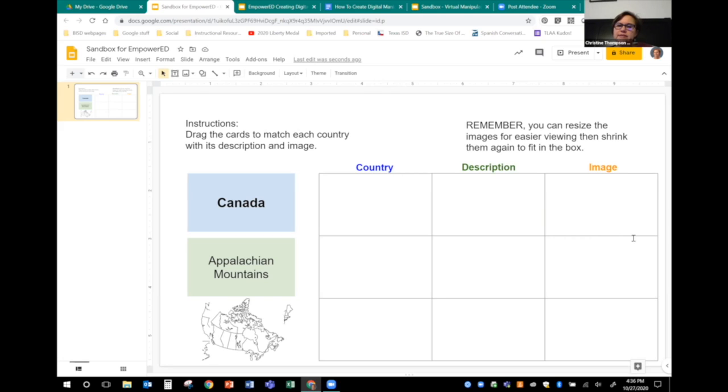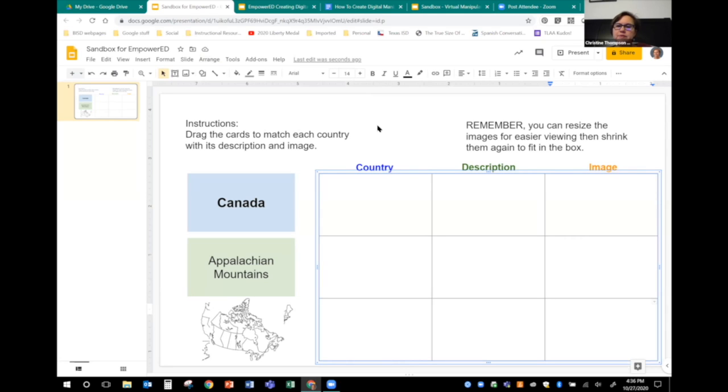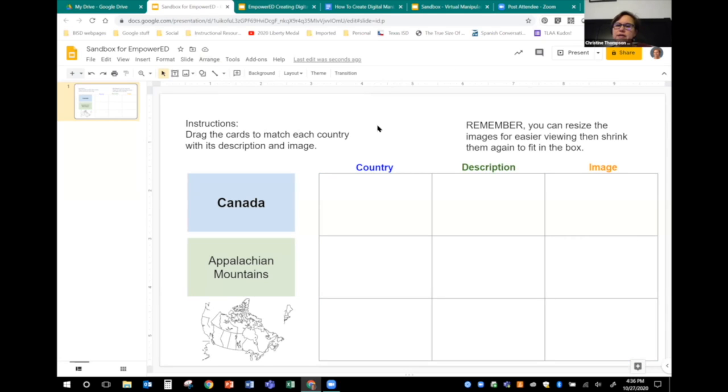Okay, and we've done this from an I do, you do standpoint. So the people that have been here for the whole session have completed these steps with me as well. Okay, so are we ready to move on to the next step? If anybody doesn't yell at me or type it in the chat, I'm going to go ahead and move on and do the next thing. All right, looks like we're good.